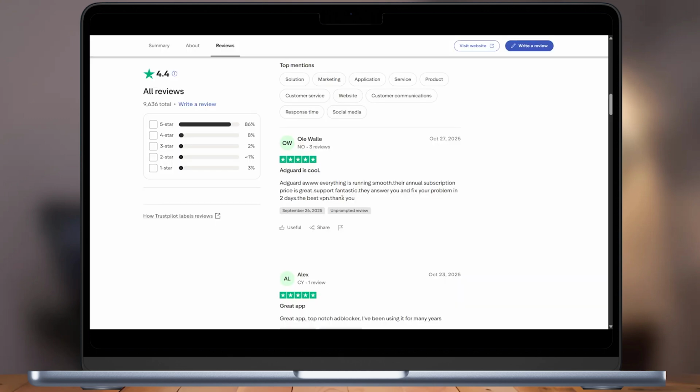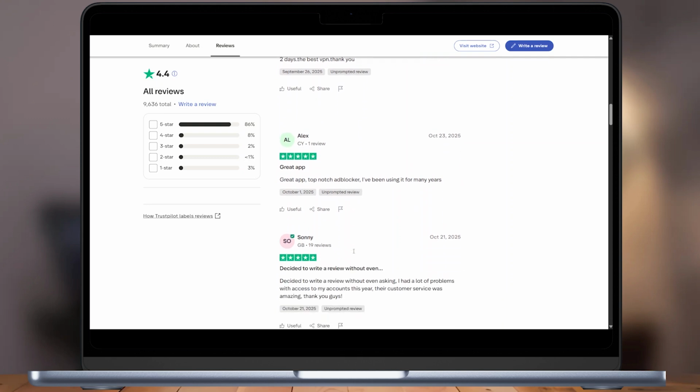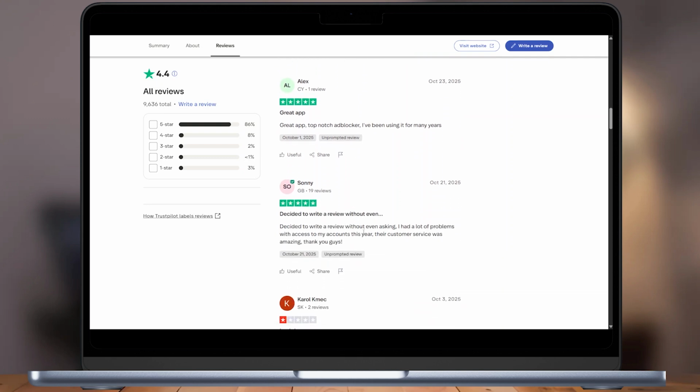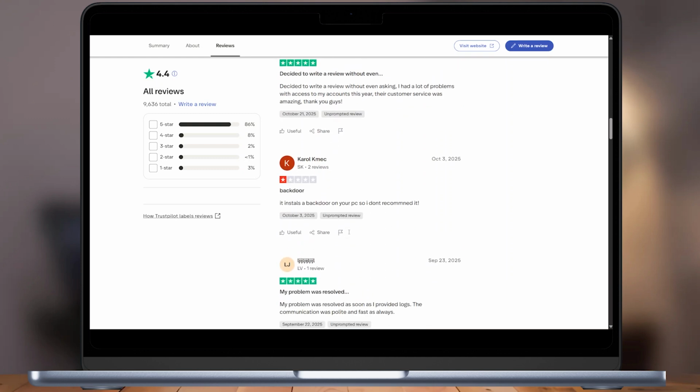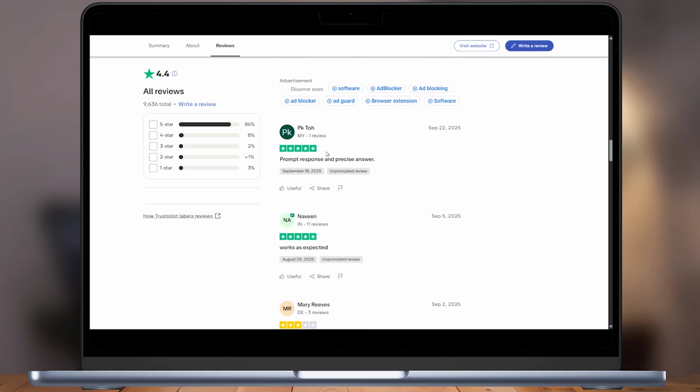Now let's see what users are saying on Trustpilot about AdGuard. Most reviewers shared positive experiences with AdGuard. Customers appreciate the fast and helpful support, noting that their queries are addressed quickly and effectively. Many highlight the professional assistance provided for technical issues. Users also report that the product works reliably for blocking ads, trackers, and malicious websites, making their browsing experience smoother